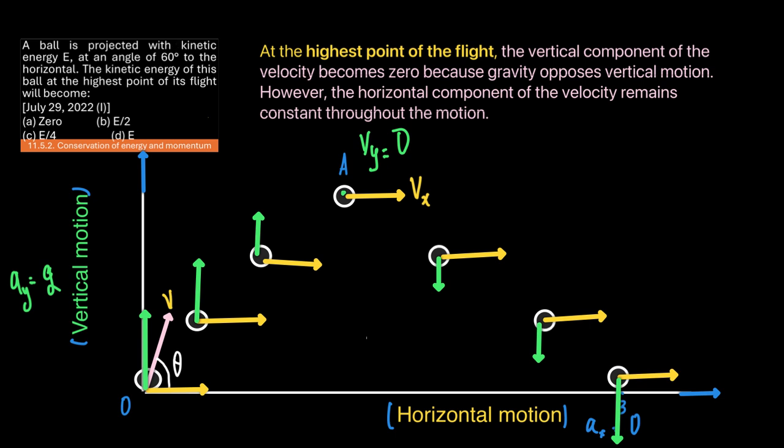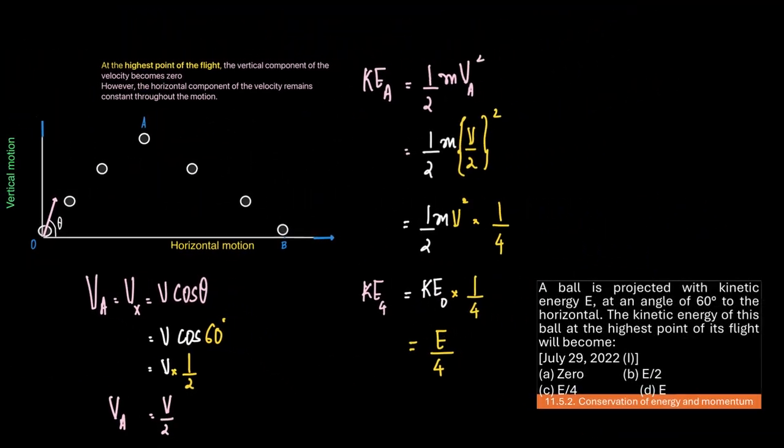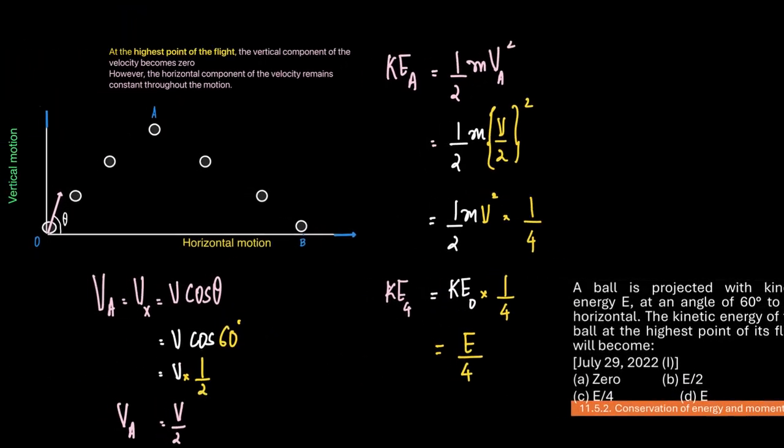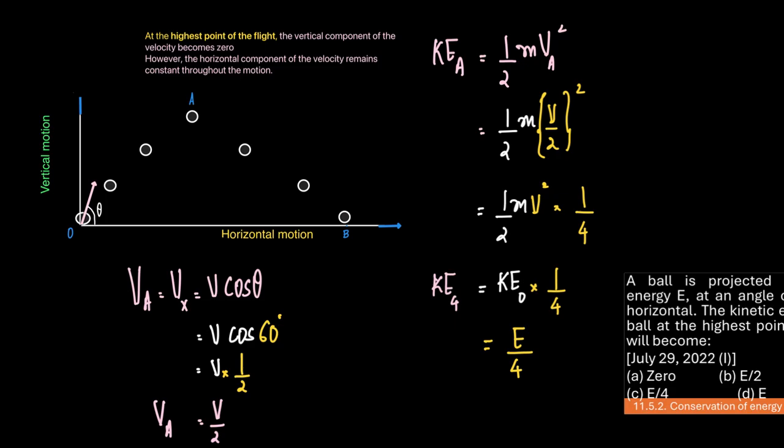A ball is projected with kinetic energy E at an angle theta equal to 60 degrees. So here the theta is 60 degrees. The kinetic energy of this ball at the highest point of its flight would be. So at the highest point of the flight, the vertical component of the velocity becomes 0, which means Vy is equal to 0, and therefore the only component of V,